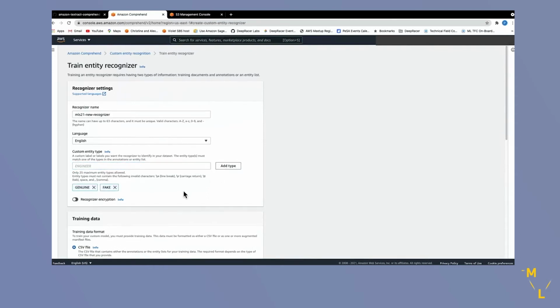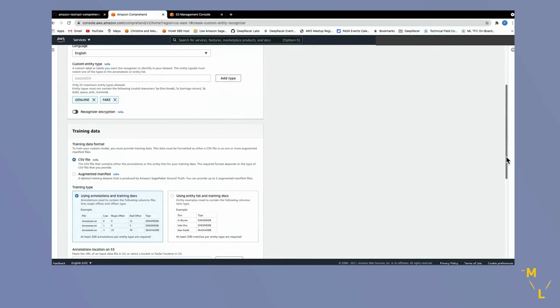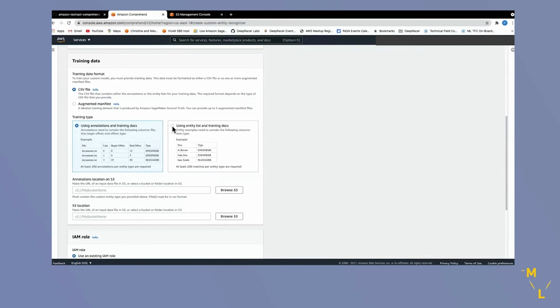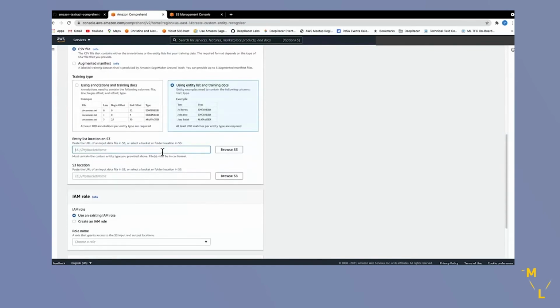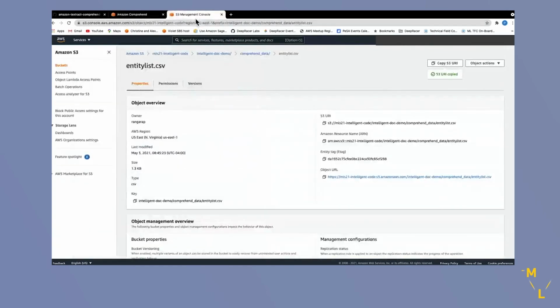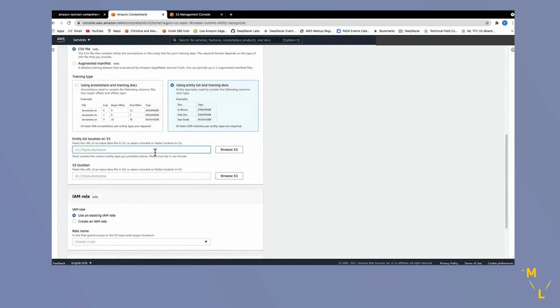It refers to whether the loan applicant is a genuine applicant or a fake applicant. Use entity list and training docs. Provide the S3 bucket name of where our files are present. Just copy the S3 URI and provide it here. Change this to raw_text.